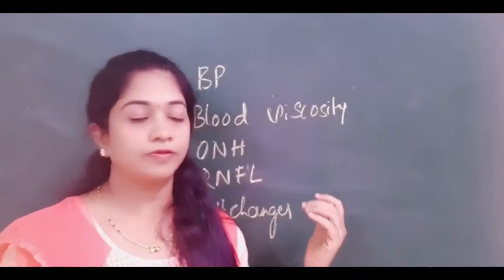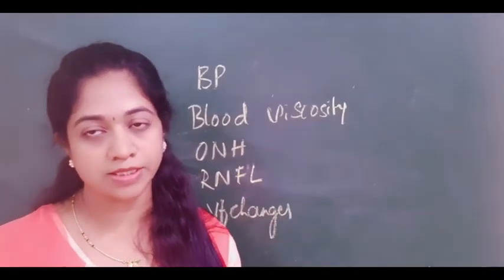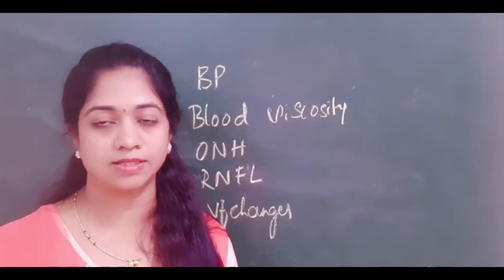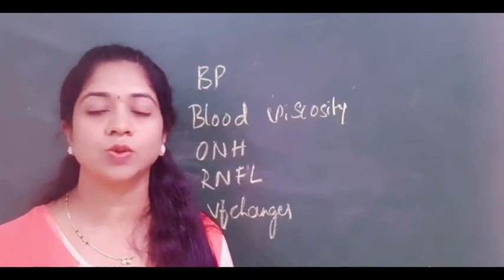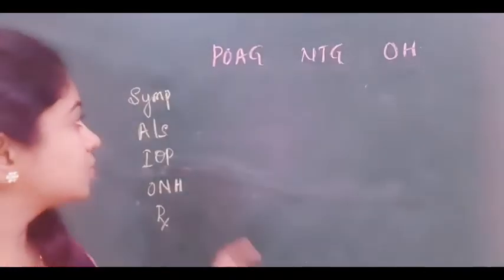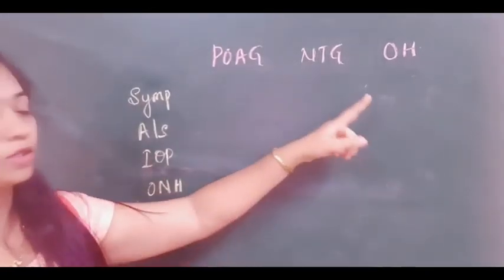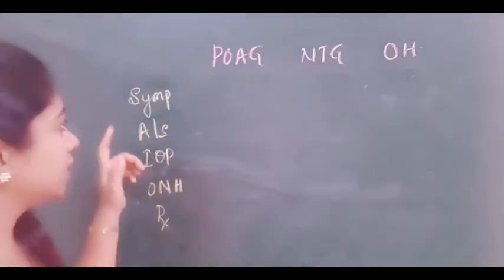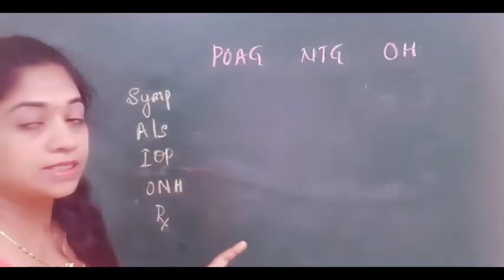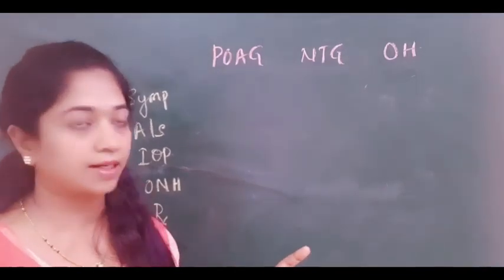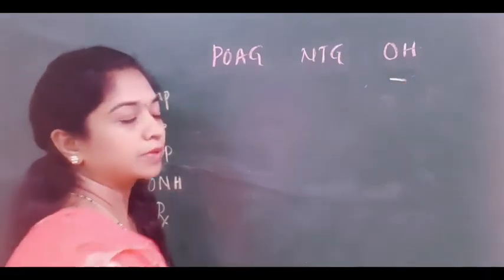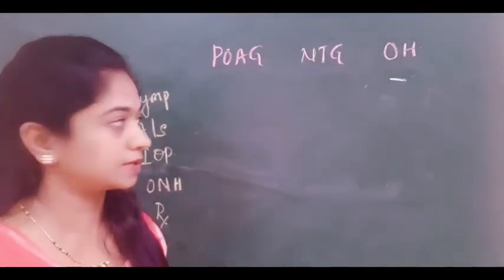And other features of the normal tension glaucoma, that is optic nerve head changes and the visual field changes, are almost similar to those of POAG cases. Whereas in ocular hypertension, there is only raised intraocular pressure, no other changes. Okay. So to summarize POAG, NTG and the ocular hypertension in a tabulated form, if you consider the symptoms, POAG patients may have symptoms of headache, frequent changes of presbyopic glasses or delayed dark adaptation. Here in NTG, it is very non-specific, and ocular hypertension patients will not have any symptoms.